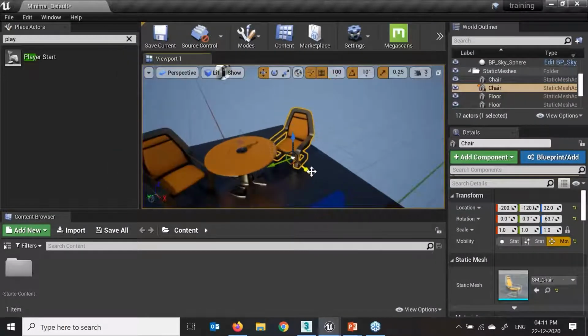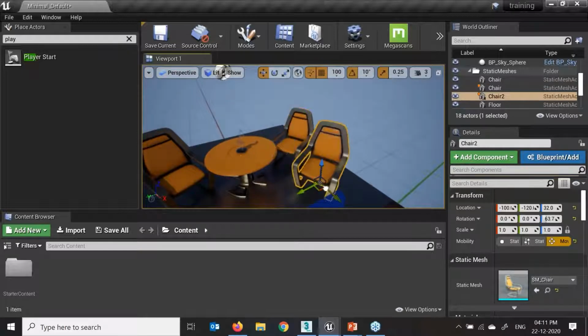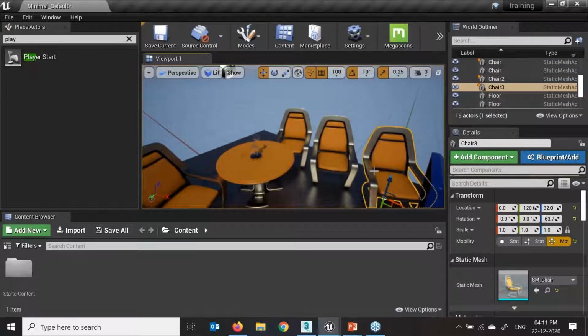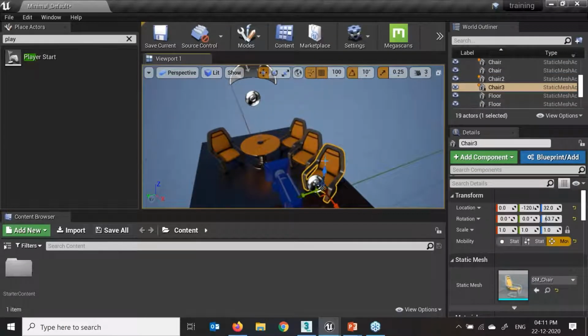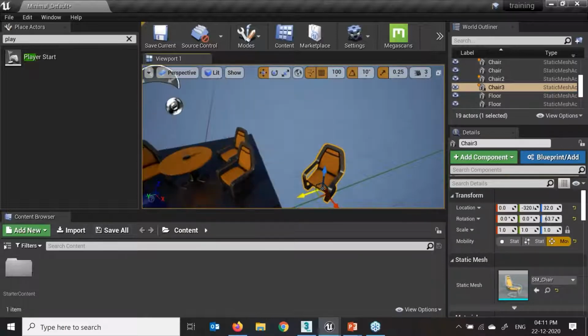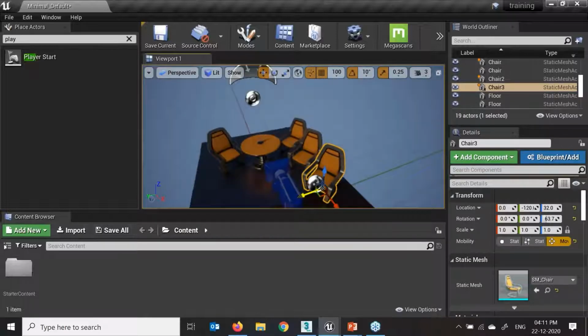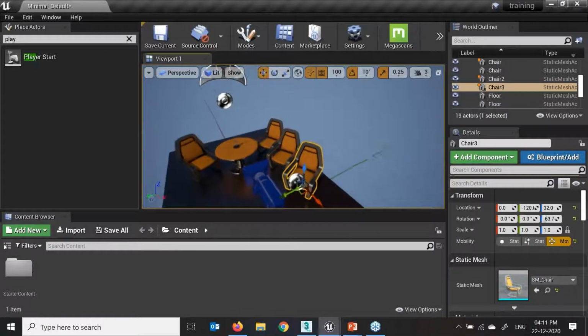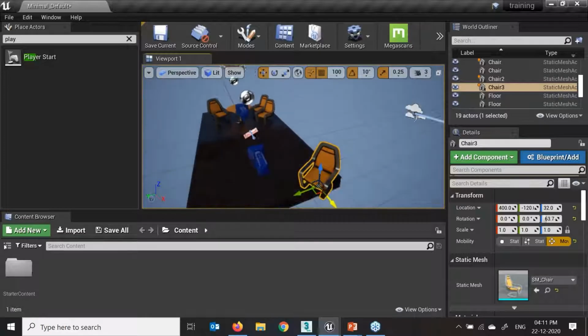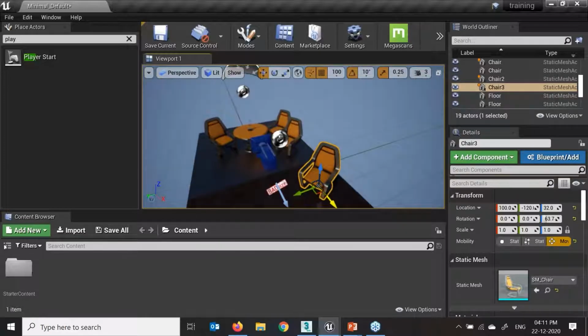If I want to duplicate, Alt and left click, so I'm duplicating it. Alt and duplicate, here you will see I'm duplicating it. If I'm pressing Shift and moving my object, my camera is also moving with my selected object. Again, I'm saying I've selected my object. If I'm pressing Shift plus left mouse key and I move my object, here you will see my camera is locked to my selected object. And if I'm not pressing any Shift key or Alt key, I can easily move that.